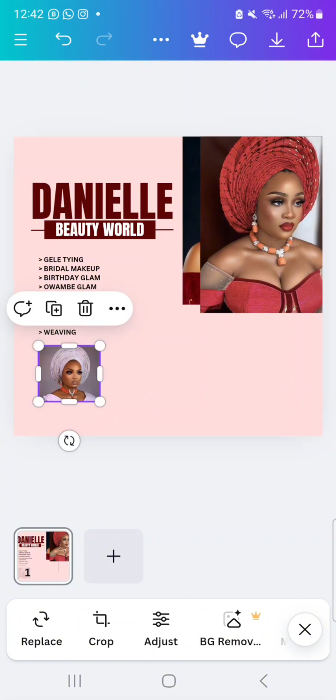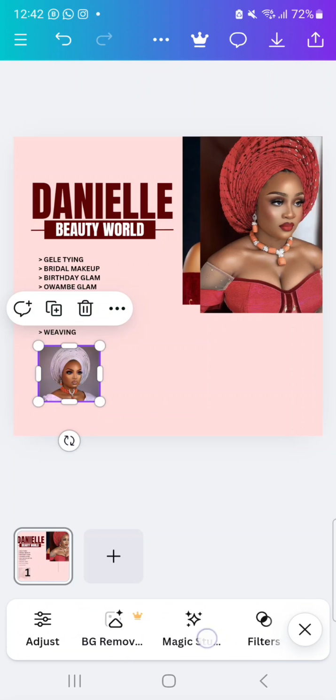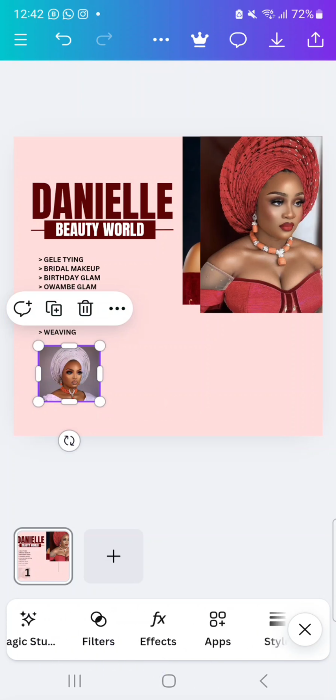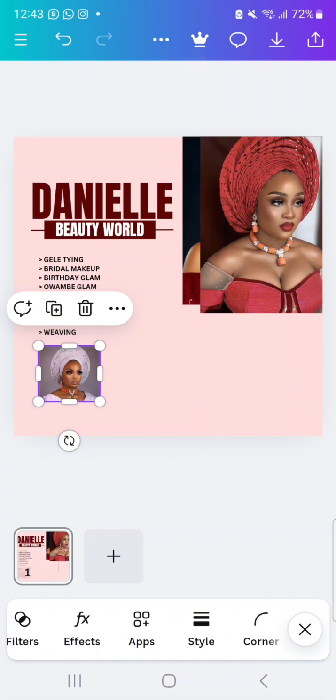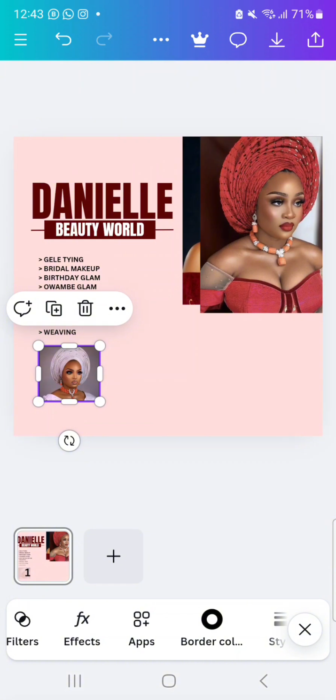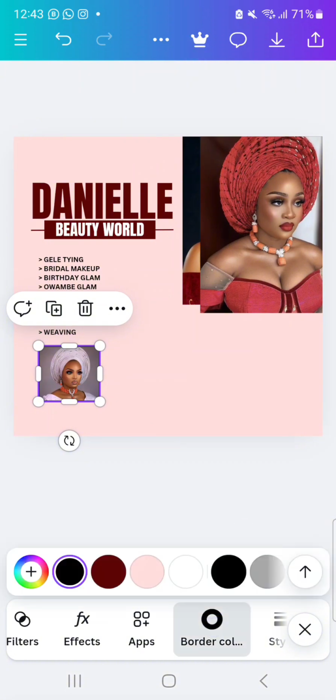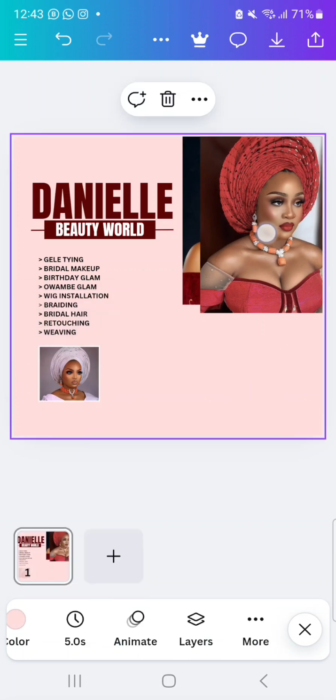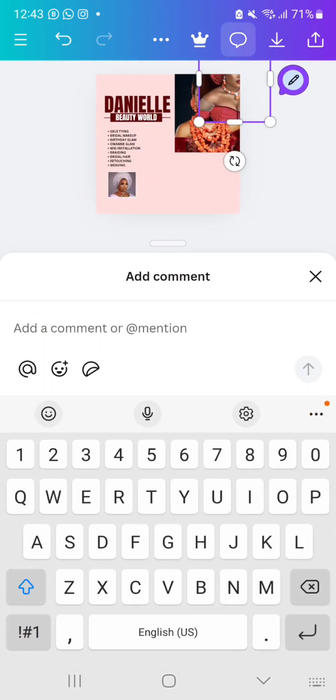Now watch what I will do when I click on it. I'll come to this place where we have style. I'll click on my style, and then I'm going to choose this border for it. I'll press the cancel button, and I'll see border color. I'll click on it and click white. That way we have white around it. Then I'm going to click on the second